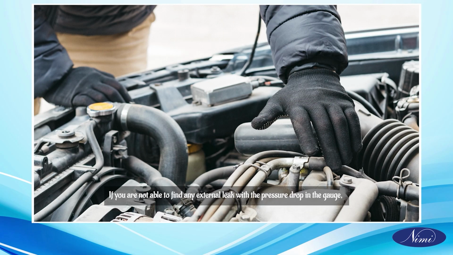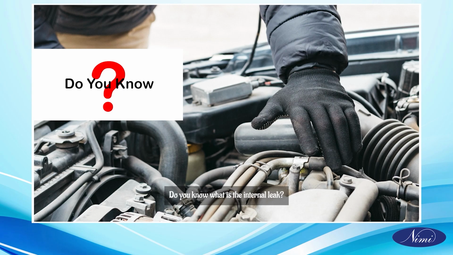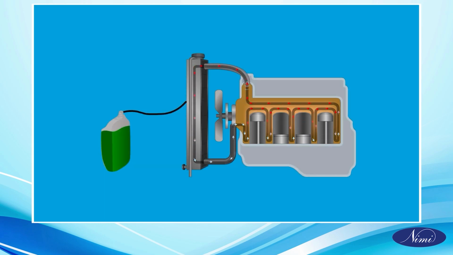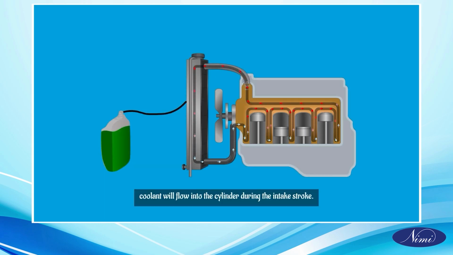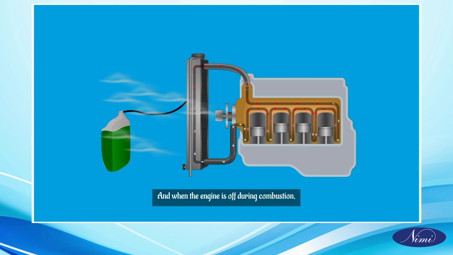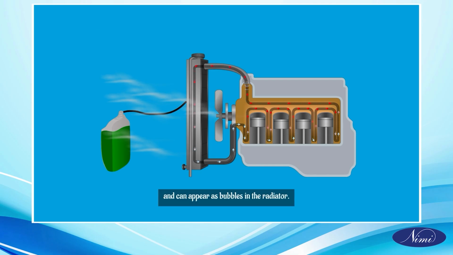If you are not able to find any external leak with the pressure drop in the gauge, then the leak may be internal. Do you know what is the internal leak? A leaky head gasket or a cracked head or bore can result in an internal leak. When there is an internal leak, coolant will flow into the cylinder during the intake stroke and when the engine is off. During combustion, the exhaust gas is forced into the cooling system and can appear as bubbles in the